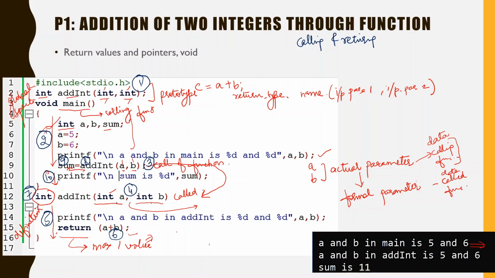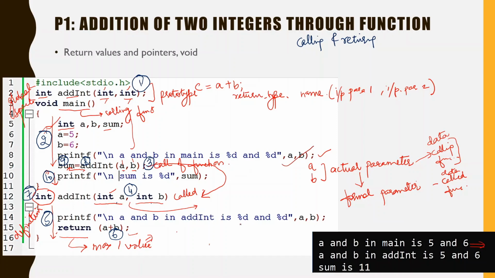So I believe that you have been following this concept, and see here that this first line has been obtained due to A and B in main being 5 and 6. So this line has been executed, and this gives that A and B are 5 and 6.